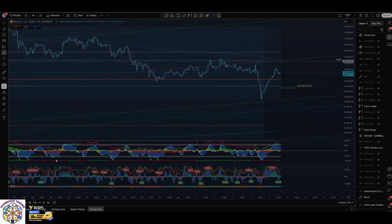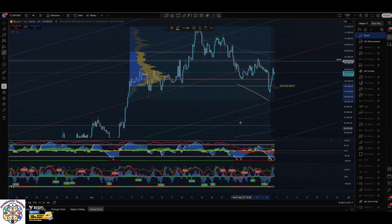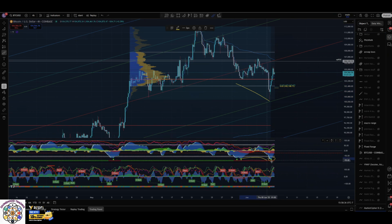Let's zoom out to the 4-hour chart. And on the 4-hour chart, you can see our momentum wave has bottomed out with a 4-hour green dot. But our money flow is also starting to round out here. But we do not have any bull divs on the chart. So lower lows on the price action, but also lower lows on your momentum waves and lower lows on your